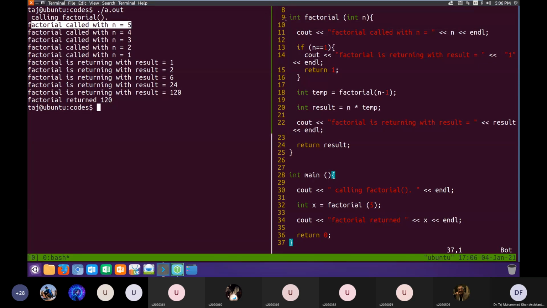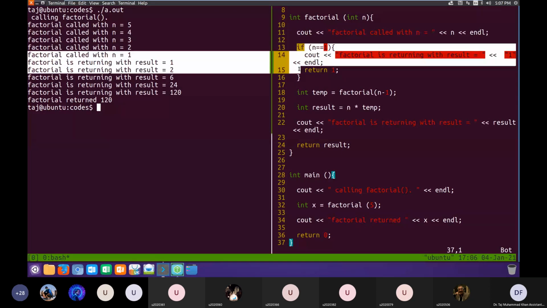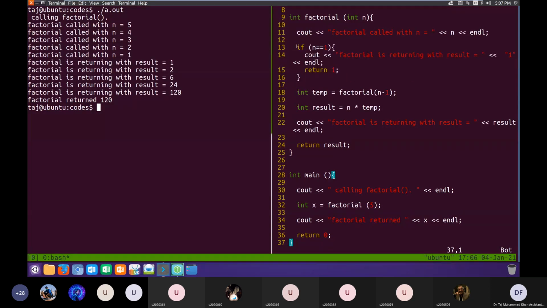to 5. So this line is printed for the first call, and since n is not equal to 1, this if body is skipped, line number 13 to 16, and instead the code comes here. Here it will first try to evaluate the right side of the assignment operator, which is calling factorial again and passing it n minus 1. So 5 minus 1 becomes 4. So factorial is called again, and code jumps here. A second call to factorial.